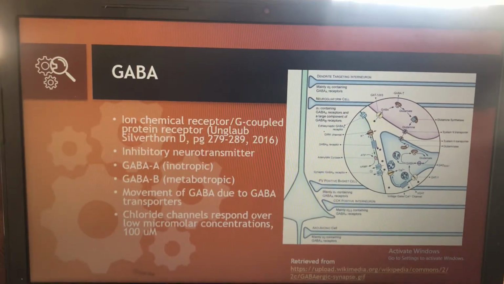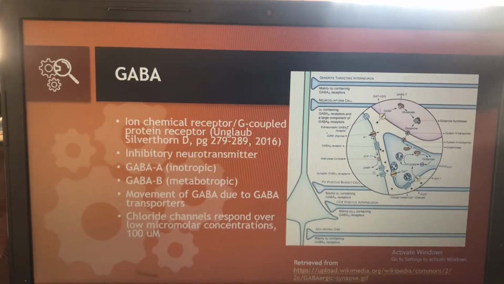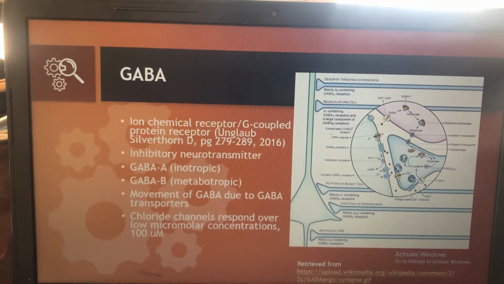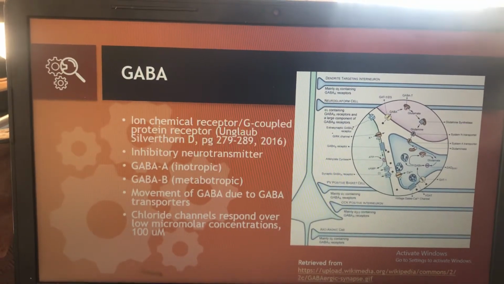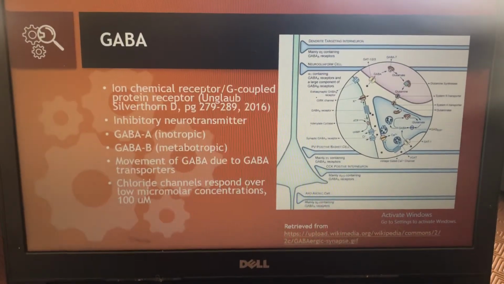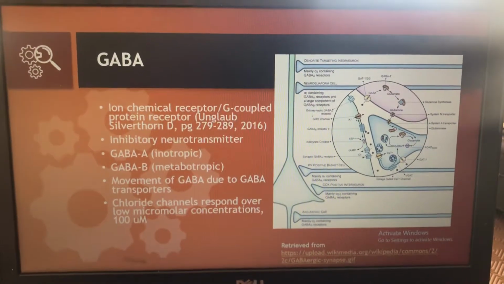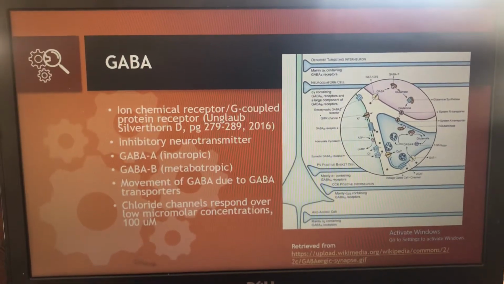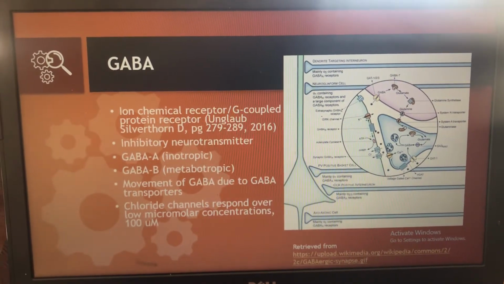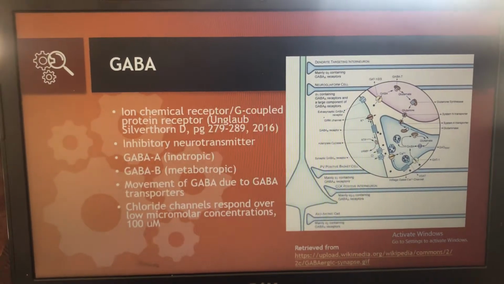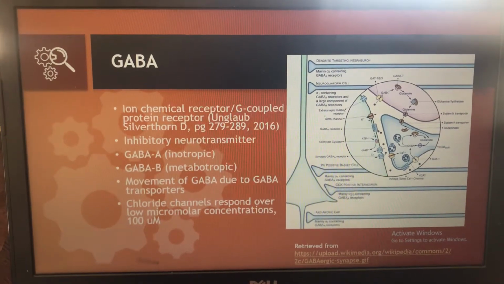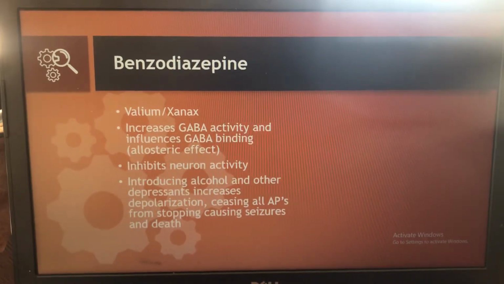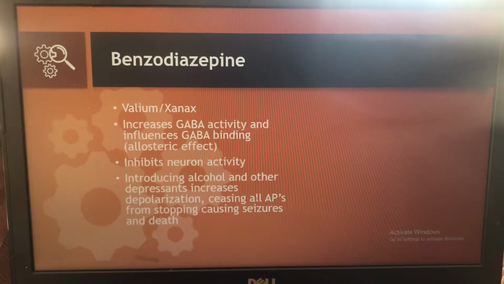GABA activates chloride channels depending on the dosage needed. The opening of these chloride channels requires the interactions of the agonist, diazepam, and is able to activate physiological responses over low micromolar concentrations of 100, as well as concentration-dependent desensitization, meaning that in the presence of continued GABA administration, chloride currents are not maintained but gradually decrease, and this occurs over seconds. Now, Valium is a benzodiazepine prescribed to patients with anxiety and panic disorders, as well as OCD,